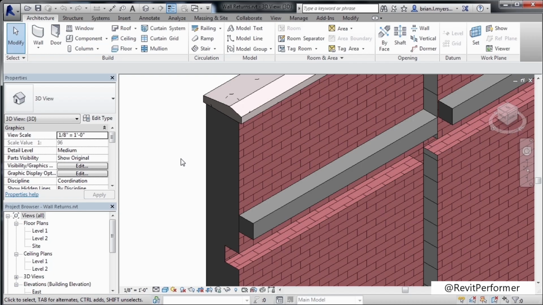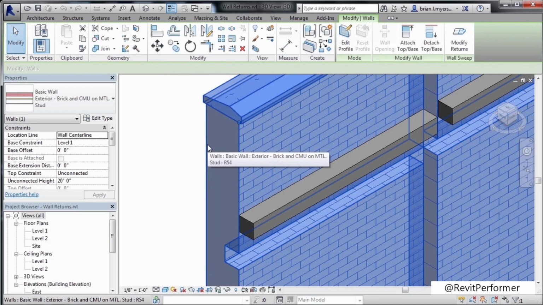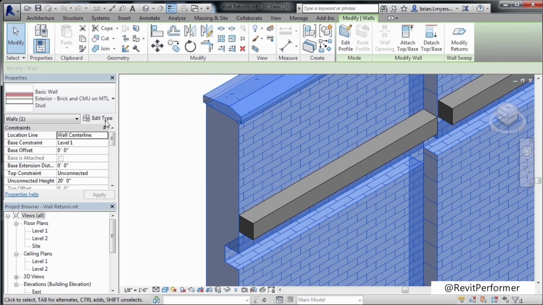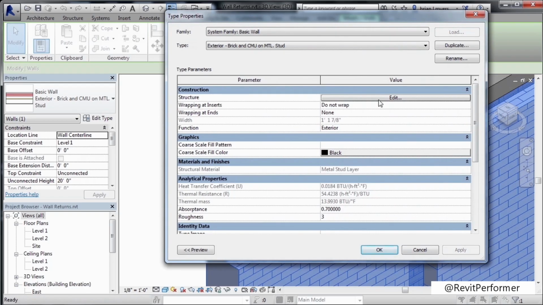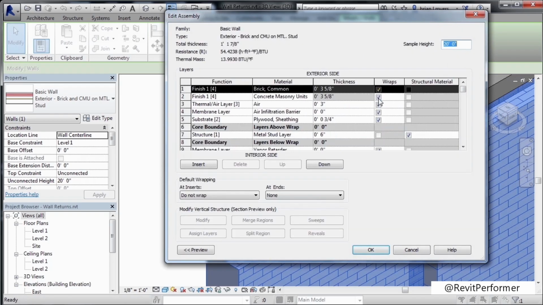Let's start with the materials that make up the wall. If we select the wall, the next thing we can do is go to Edit Type. Click on Edit next to Structure. Then we'll notice that we have some options here for wraps. What this indicates is the material that would wrap around the end of